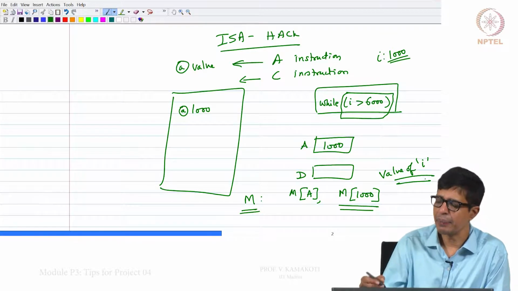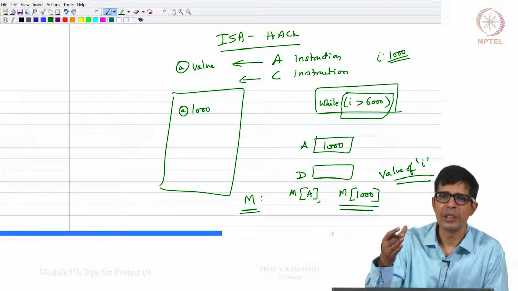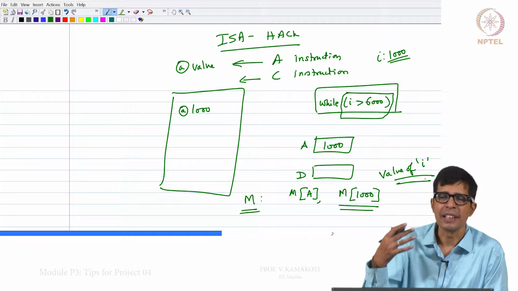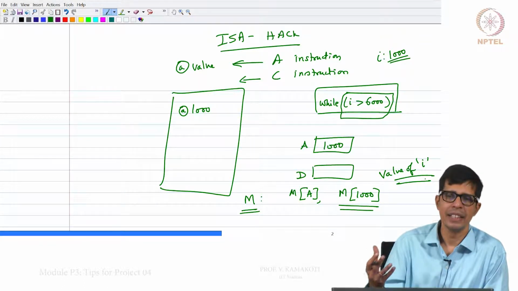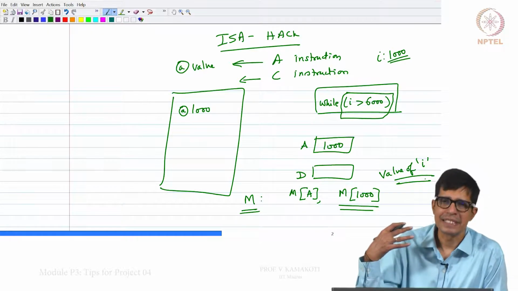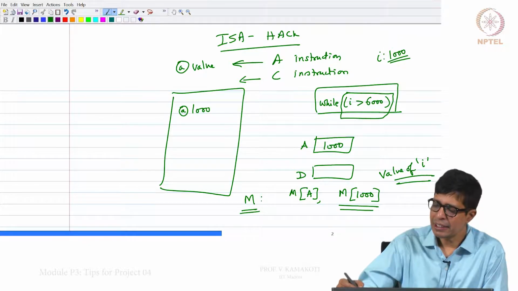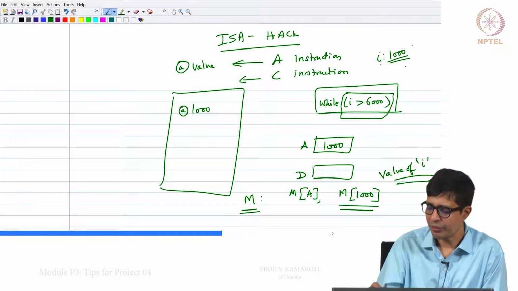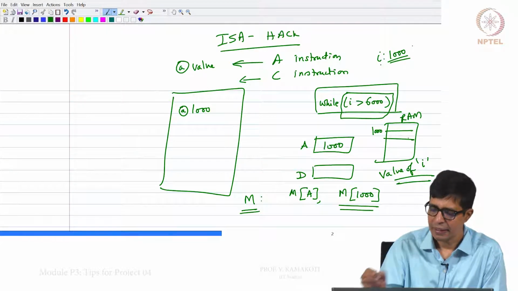When I have a variable, there are 2 attributes, like if you are a human being, you have, for example, name and age as attributes. Like that, the variable has attributes. So if I have a variable i, for example, here, then it has an address and it also has a value. So this 1000 is the address of i, the content of this 1000 is the value of i. So there is a main memory here and there is 1000 here.